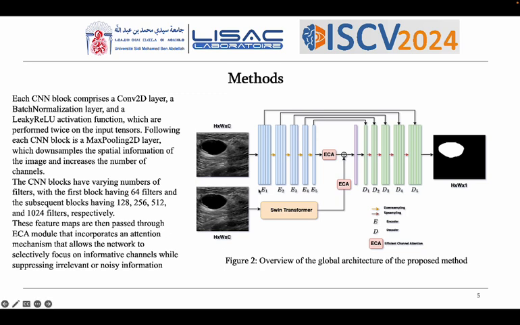Followed by each block, we have a downsampling max pooling operation, so that we are going to downsample the spatial information of the image and increase the number of channels,